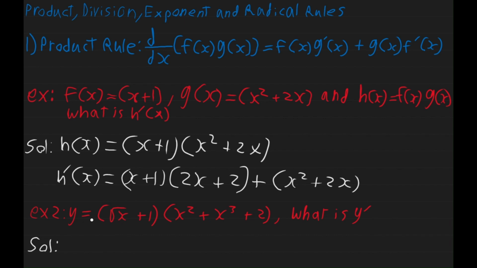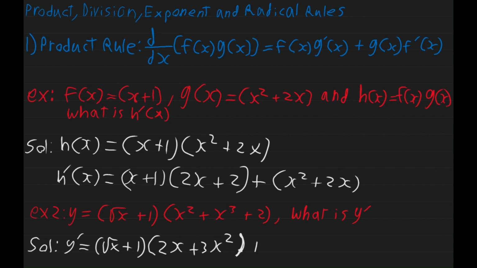Okay. To look on this example here, you can just visualize that this is a function and this is a function, that this is, for example, f of x and this is g of x. Okay, so let's solve this. So y dash is equal to the first function, root x, multiplied by the derivative of the second function, which is 2x plus 3x power 2 plus, okay, it's 2, so you don't have to write it, it's just 0,